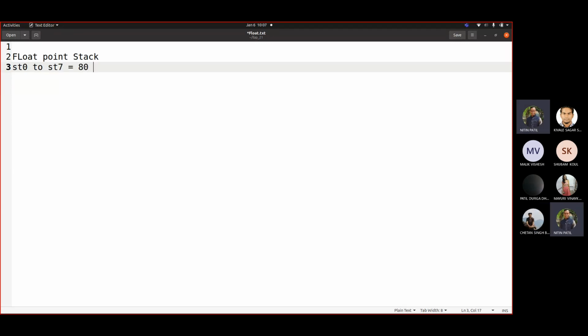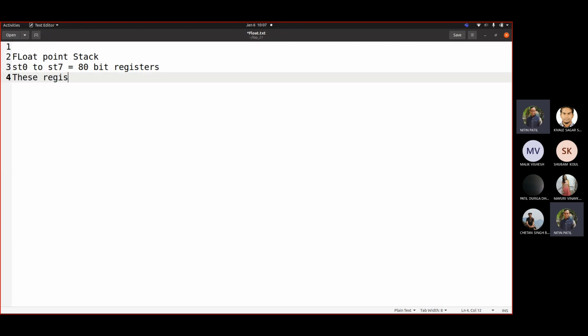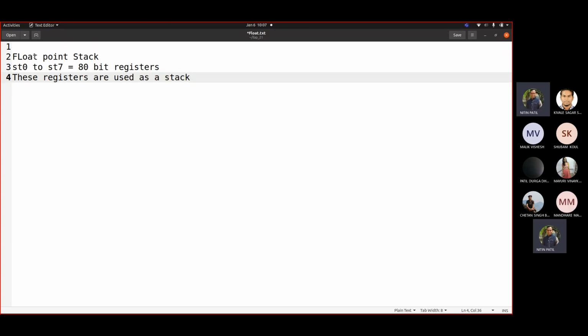These are 80-bit registers, ST0 to ST7, and they are used as a stack. That's why we say floating point stack. Whenever you use any floating point instruction, it starts operating from ST0 and then goes on till ST7. Fine. So let us try to see this.